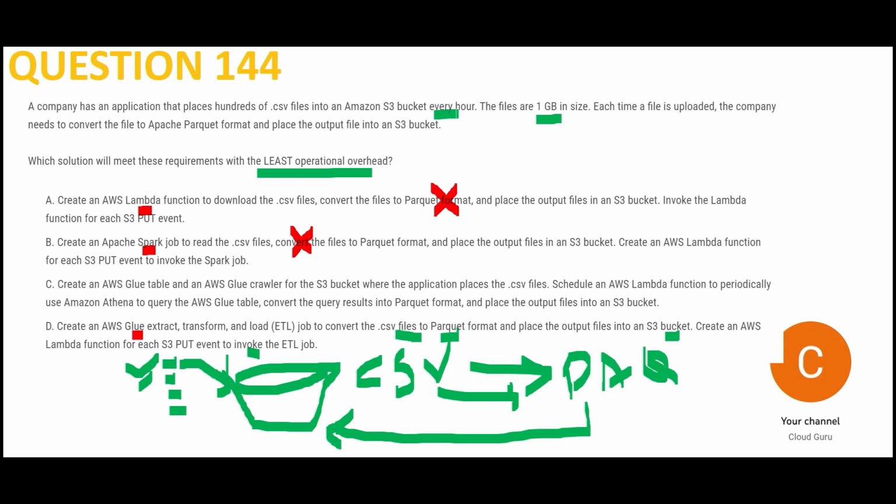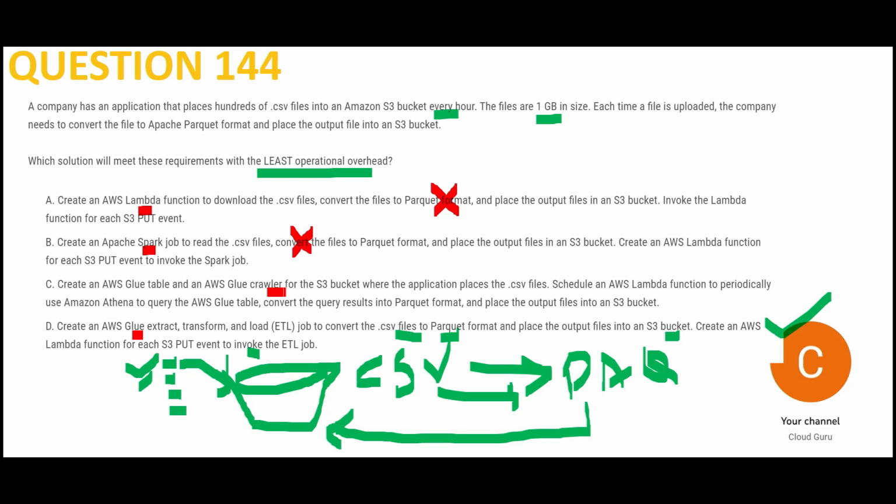Okay, so we need this kind of mechanism to know when the CSV file came. The moment the CSV file comes, immediately call this Glue job. Glue will say, okay guys, come here, I'll convert you into Parquet. So this is correct, but you may say, hey, I have one more option with Glue. See, that option will only crawl. Yes, it is saying let's crawl the S3 bucket, find CSV files. To find a CSV file, crawling is not the best option.